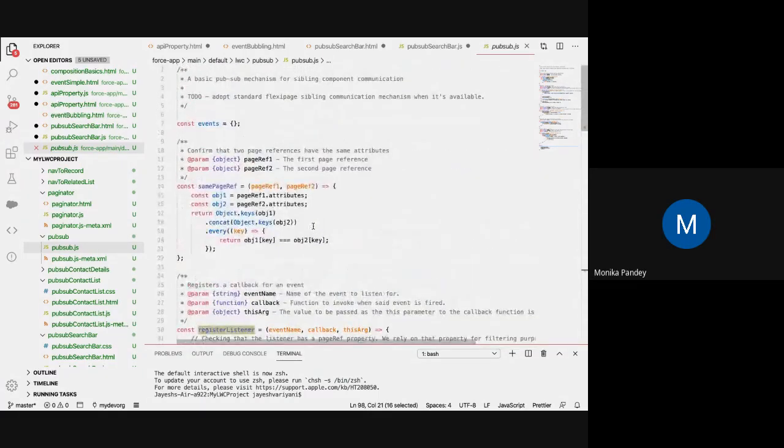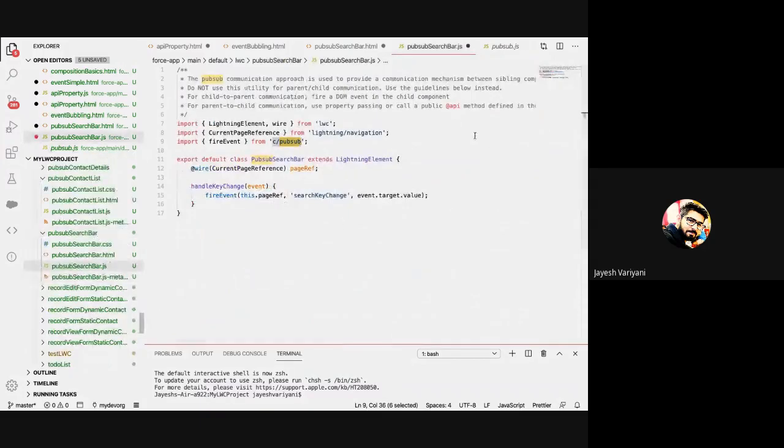So how will we add this PubSub here in the left bar? It will not come automatically. Just as you git clone some projects, you need to git clone this utility into your project, and then it will come. So when you deploy the Lightning Web Component, you need to deploy this as well, and it will automatically take care.